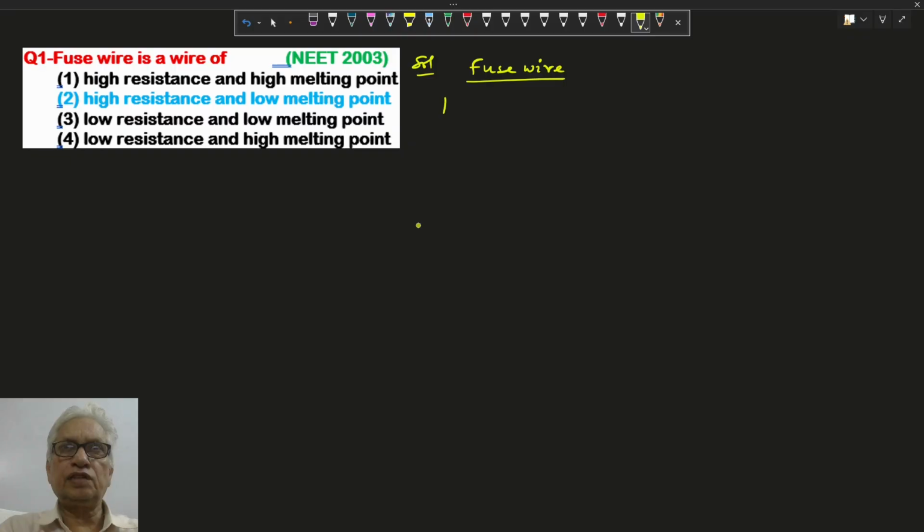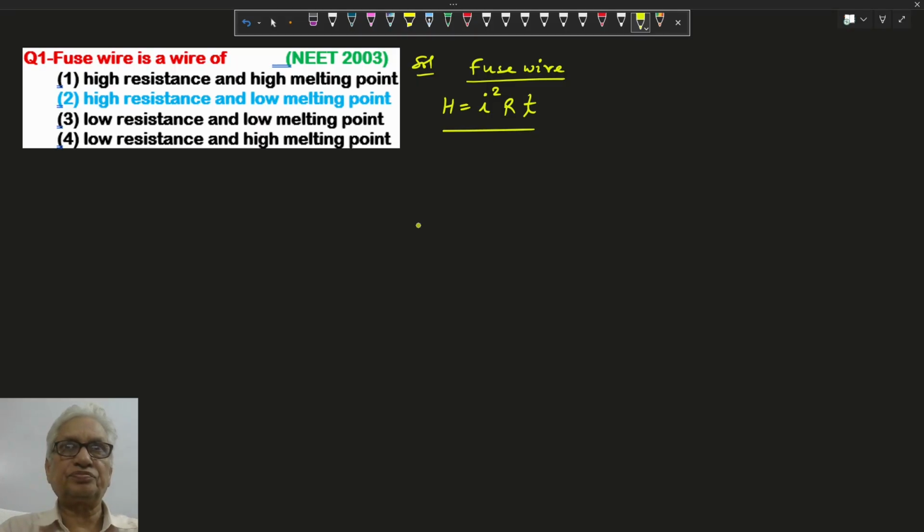So the heat developed is I squared R t. When more and more heat develops and the temperature goes above the melting point, the fuse wire will melt and the circuit will open. This way it protects the